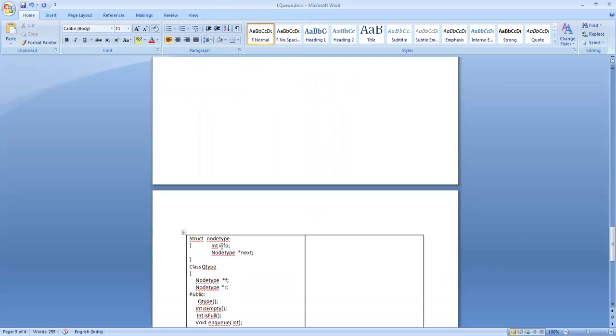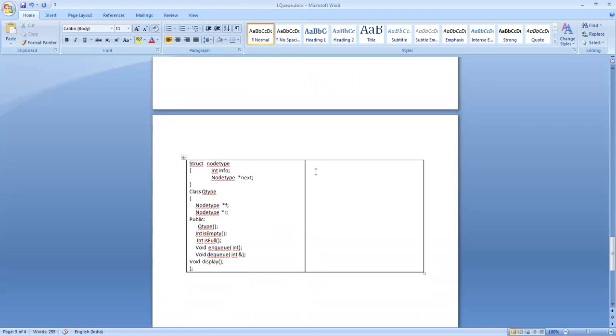Okay. Now, we go for the implementation of these operations of the linked queue. Okay, first we go for the implementation of the constructor.